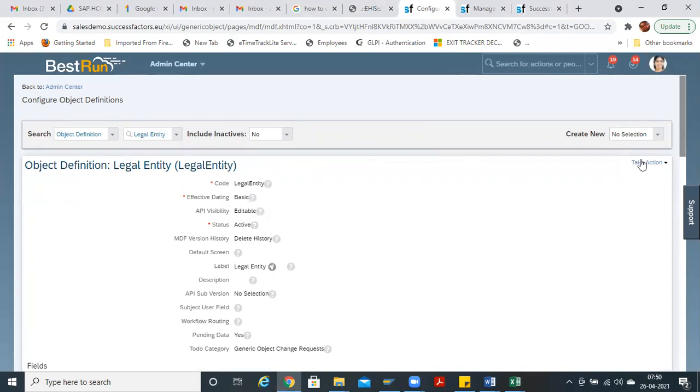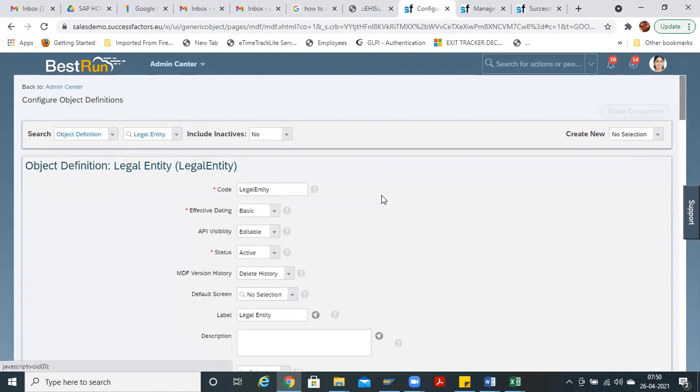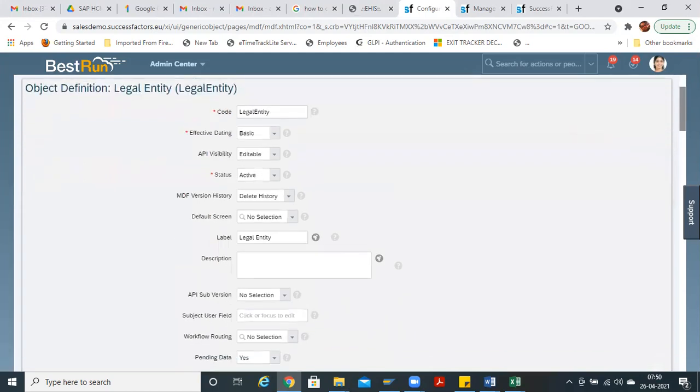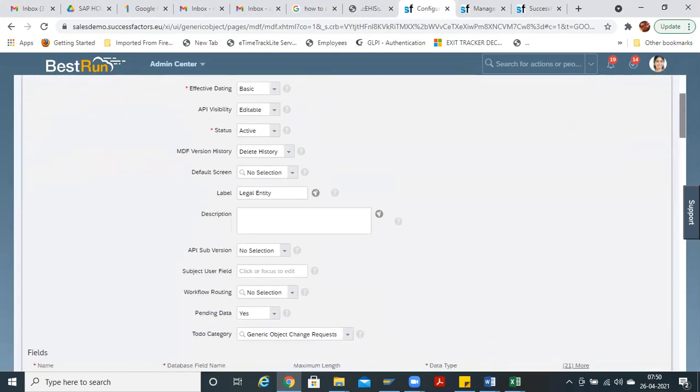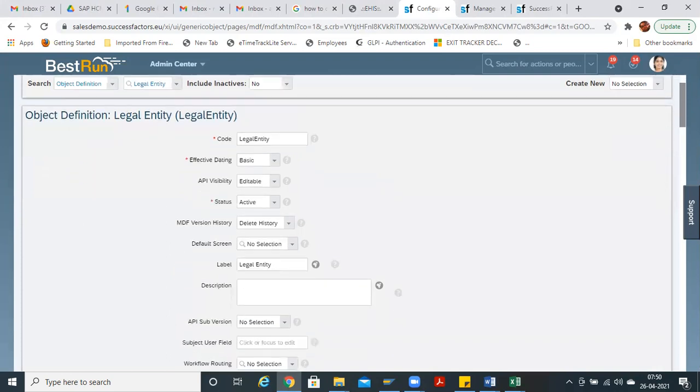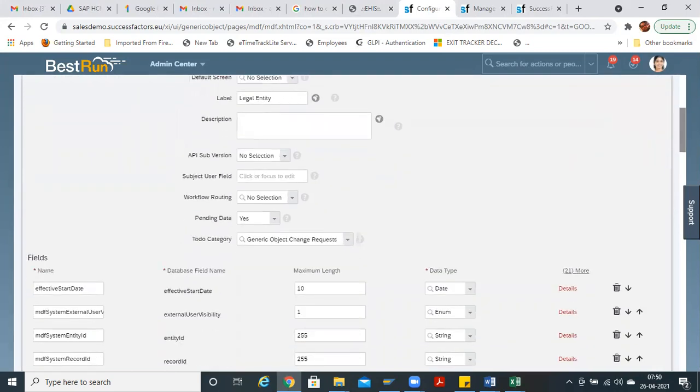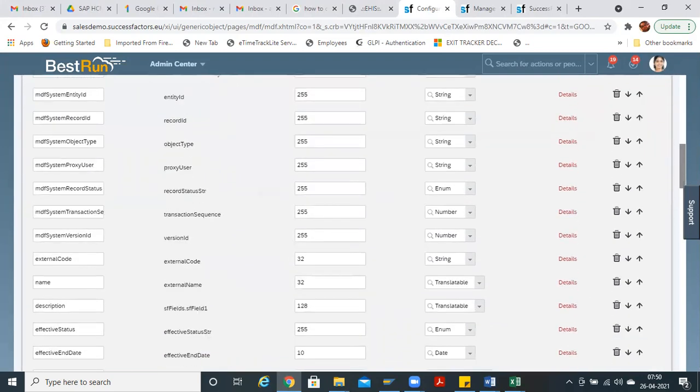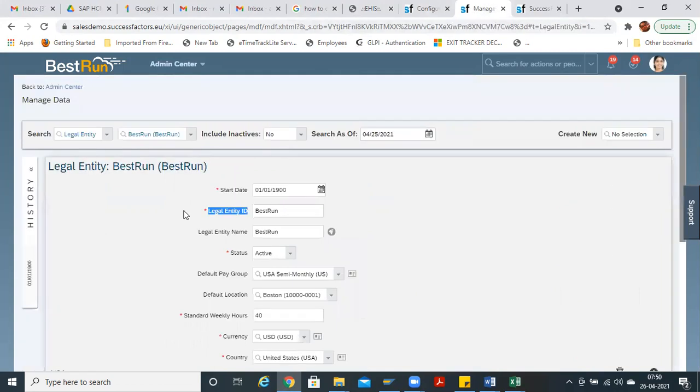in configure object definition, make correction, and here the label is there. Just search for the field external code. We are dealing with legal entity ID, so basically the code name is external code.